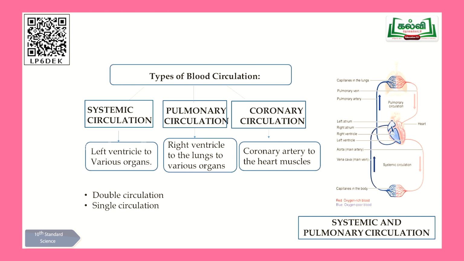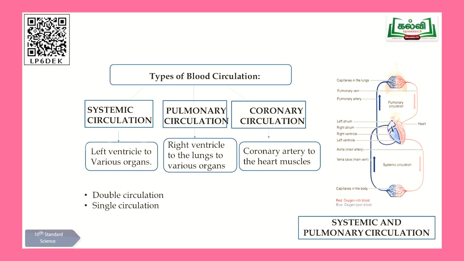When we just talk about the systemic, you can understand very clearly there is a system. System means they are provided with well developed arteries and veins. So blood will always flow into those blood vessels like pulmonary artery as well as aorta. So when I just talk about the first type, systemic circulation, here you have to think about the left ventricle. You know very well, pulmonary artery takes deoxygenated blood from the right ventricle to the lungs. Last class I told you, pulmonary artery takes the blood from the right ventricle to the lungs for purification.